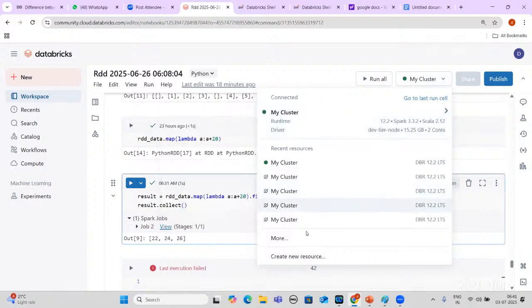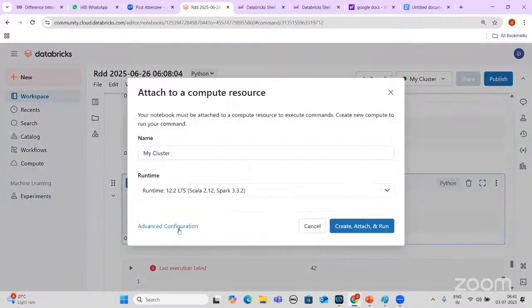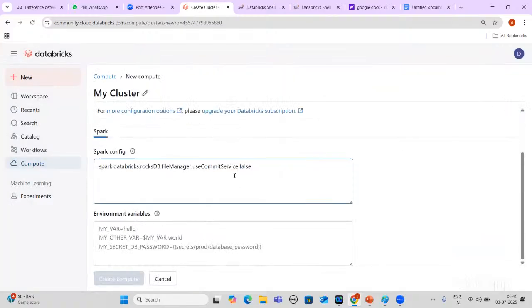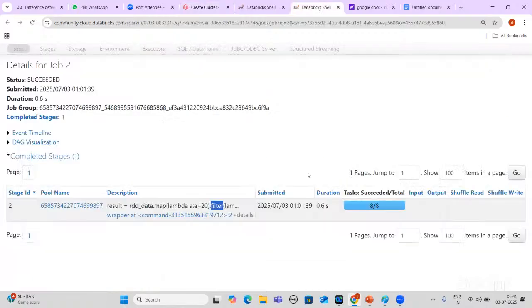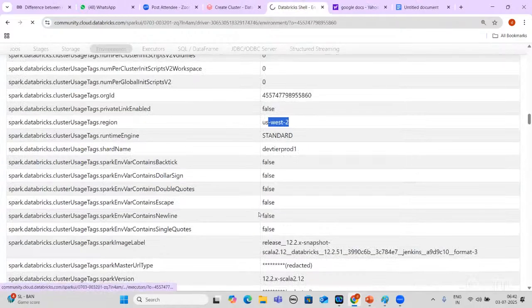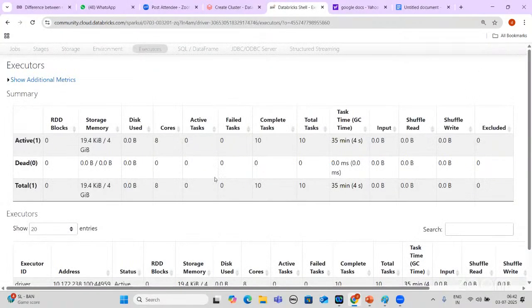Whenever you create a new resource in your paid version, you will have the option of which location you want. That cluster is available there, and whenever it is available there, it will use the resources from there. Okay, use these executors. This is all Spark architecture. The entire backend thing is the Spark architecture.